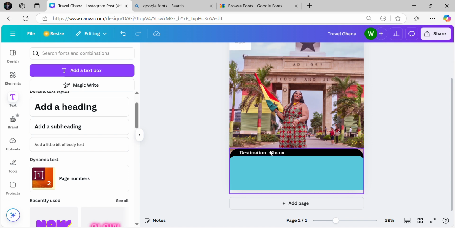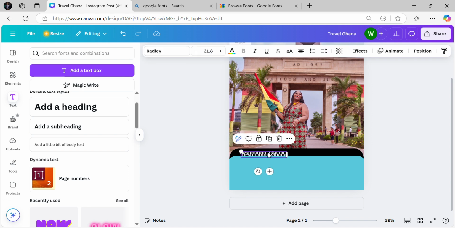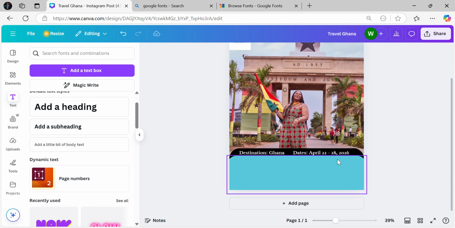Then we can copy this and paste and just come here and change this to dates, and we can write the dates for the event: April 22nd to 28th, 2026. So we can push this so that